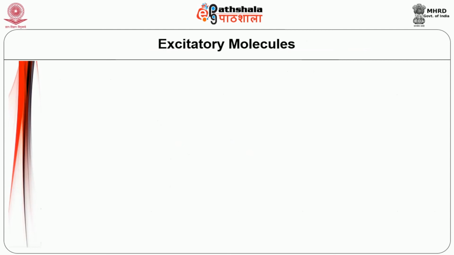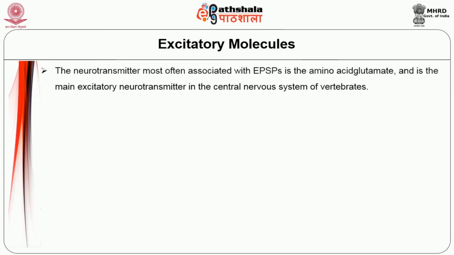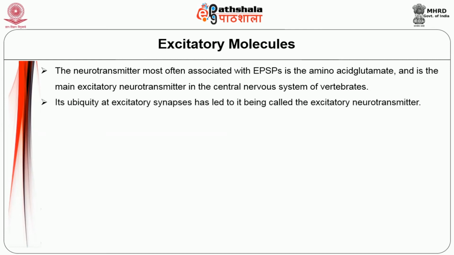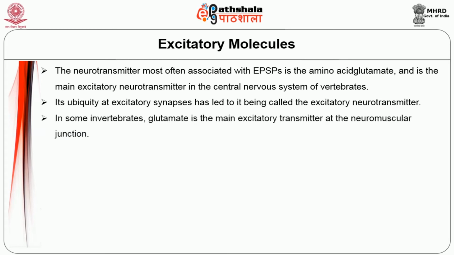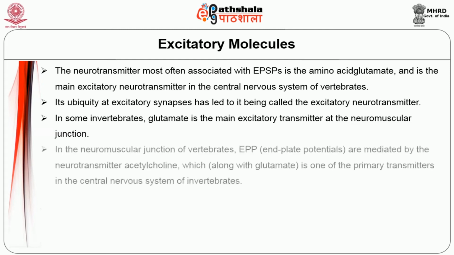Now we are moving on to excitatory molecules. The neurotransmitter most often associated with EPSPs is the amino acid glutamate, which is the main excitatory neurotransmitter in the central nervous system of vertebrates. Its ubiquity at excitatory synapses has led to it being called the excitatory neurotransmitter. In some invertebrates, glutamate is the main excitatory transmitter at the neuromuscular junction. In the neuromuscular junction of vertebrates,